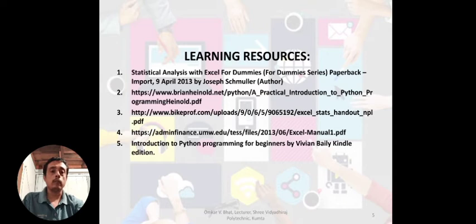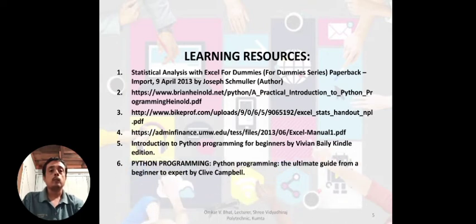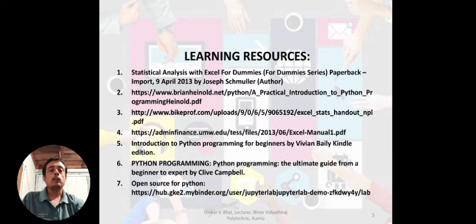This textbook you can refer for Python programming. Then number 6, once again for Python programming, The Ultimate Guide from a Beginner to Expert by Clive Campbell. Then number 7, this is also for Python programming. A website address is given. So these are the things which are mentioned in your syllabus for reference.